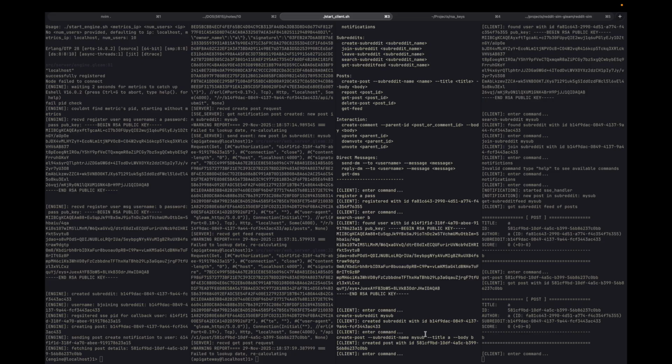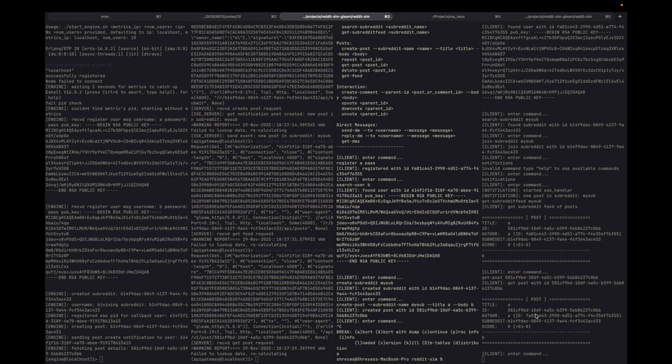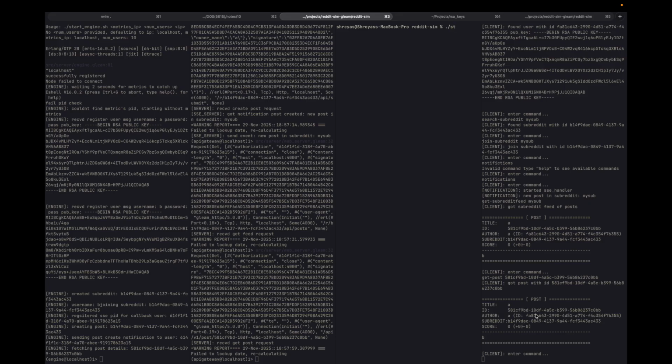But for now, we don't need to use that, and we can just use the get post via the post ID. Post and comment IDs are used to get comments and posts for particular posts and feeds. We can't really use a post name, so we have to stick with the inconvenient but only usable post ID for these use cases. We can also create another user now to show that the public key verification actually happens